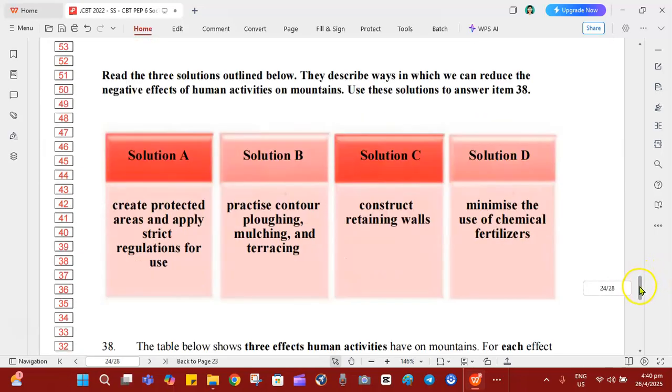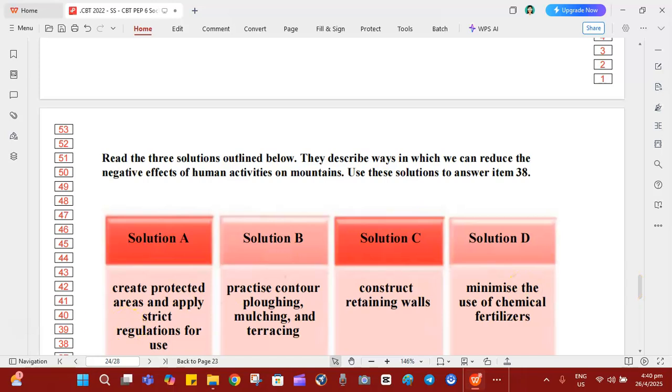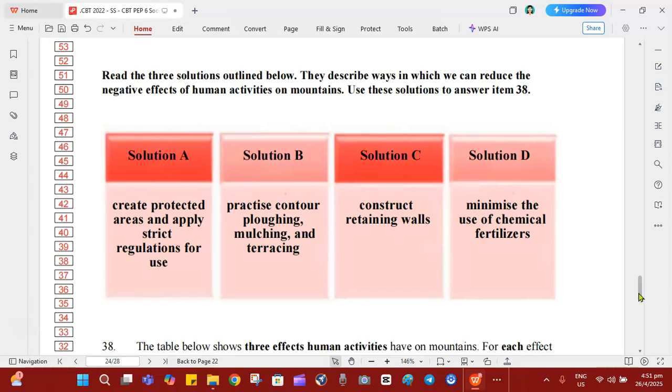So for 38, we have to use this table. The sources are to be used to answer item 38. And there are 4 solutions given. Solution A, solution B, C, and D. Solution A says you should create protected areas and apply strict regulations for use. Solution B says practice contour plowing, mulching, and terracing. Solution C says construct retaining walls. Solution D says minimize the use of